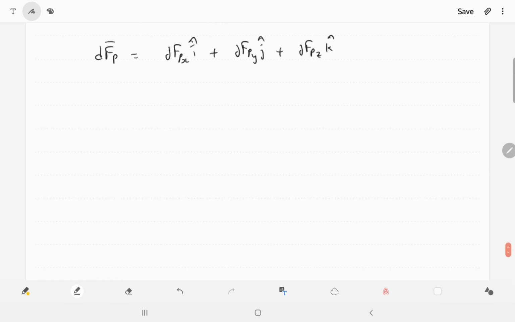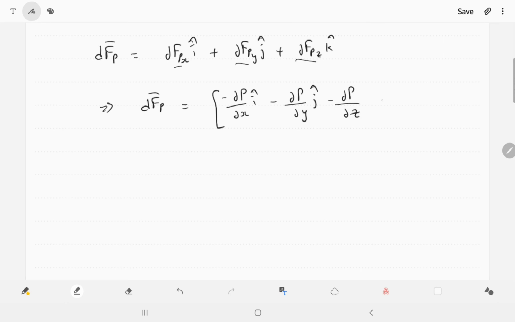So as we know dou of F px, F py and F pz, we can write d of F bar p equals minus dou p by dou x into i cap minus dou p by dou y into j cap minus dou p by dou z into k cap,